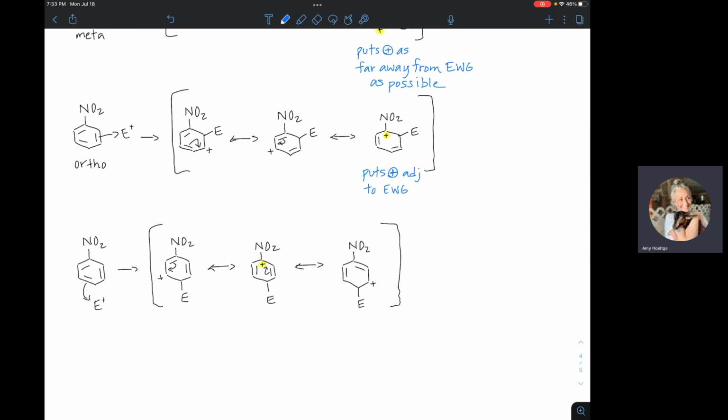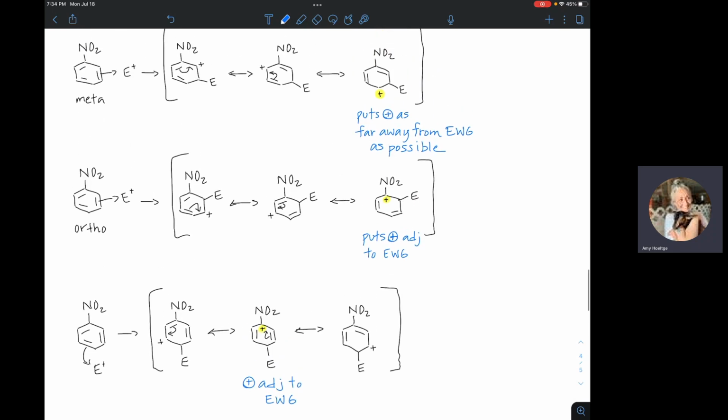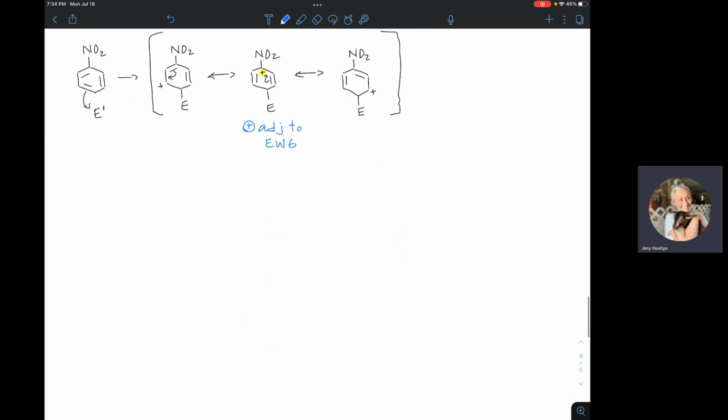So again, this puts positive charge adjacent to the electron withdrawing group. The Coulombic force of repulsion, we believe, is energetically undesirable. So at the end of the day, what you get is what you get, and this is what we do to try to rationalize it. Very often we draw a bunch of resonance structures. So if you wanted to put a few groups on the ring, say somebody wanted you to make very specifically